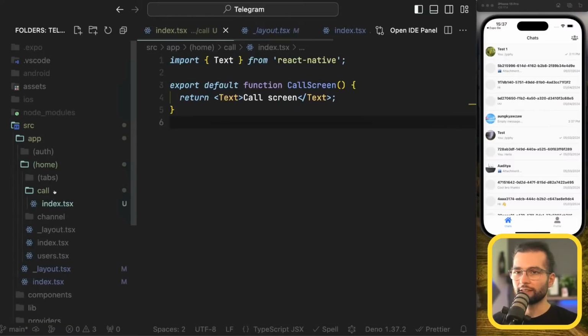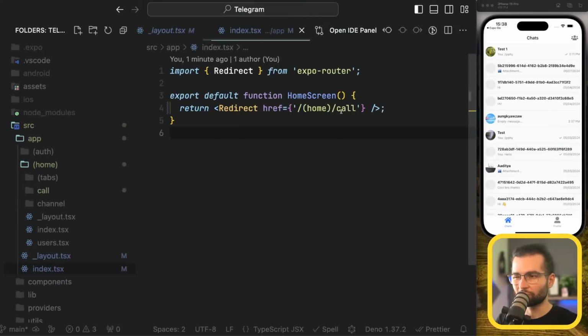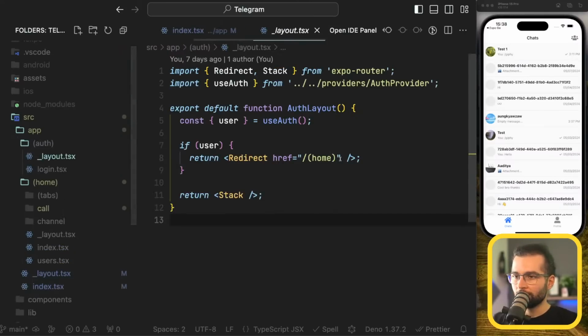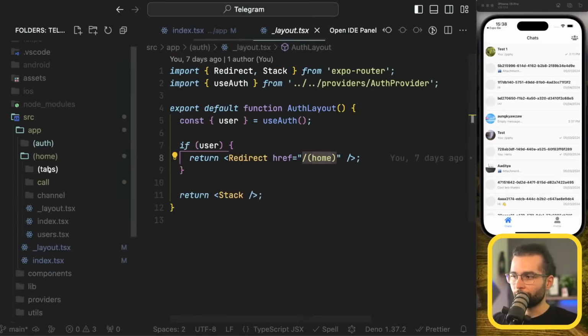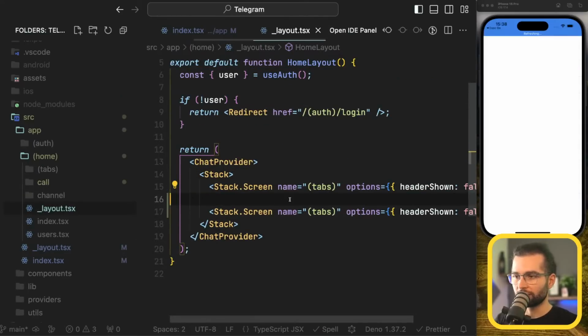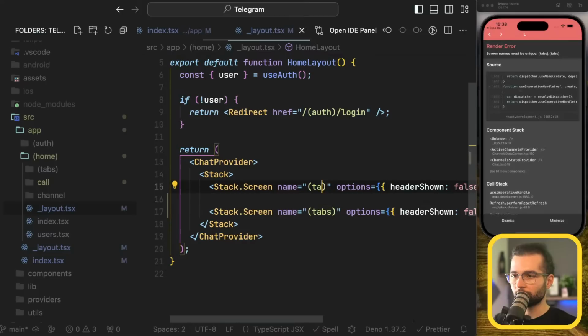So for the call, let me figure something out, just how to get there easier, because as we can see from this index is not correct, because the layout will navigate to auth, the auth will navigate back to /home, and the first route in /home is our tabs. But if I do here as the first route, not /tabs, but channel,